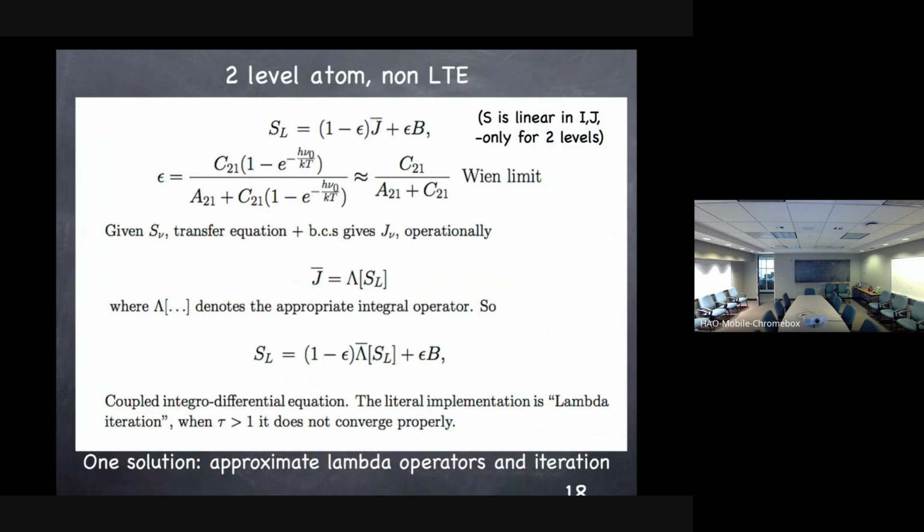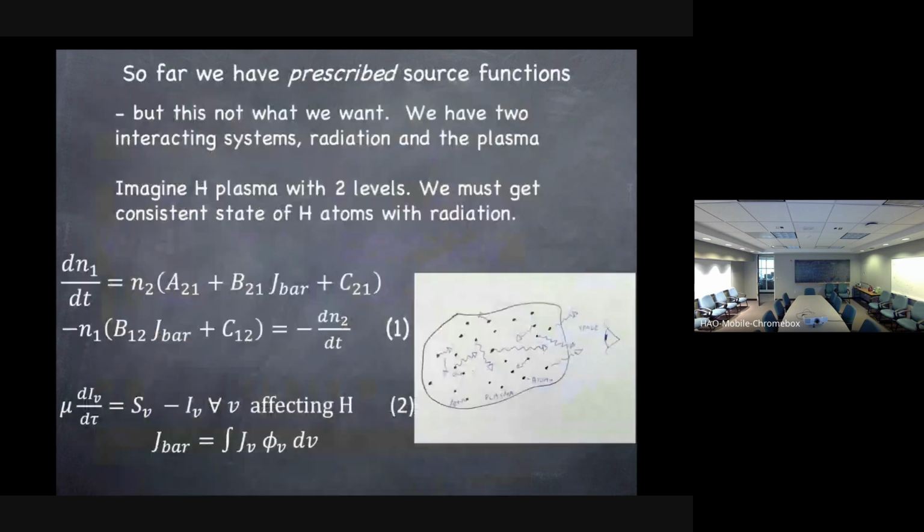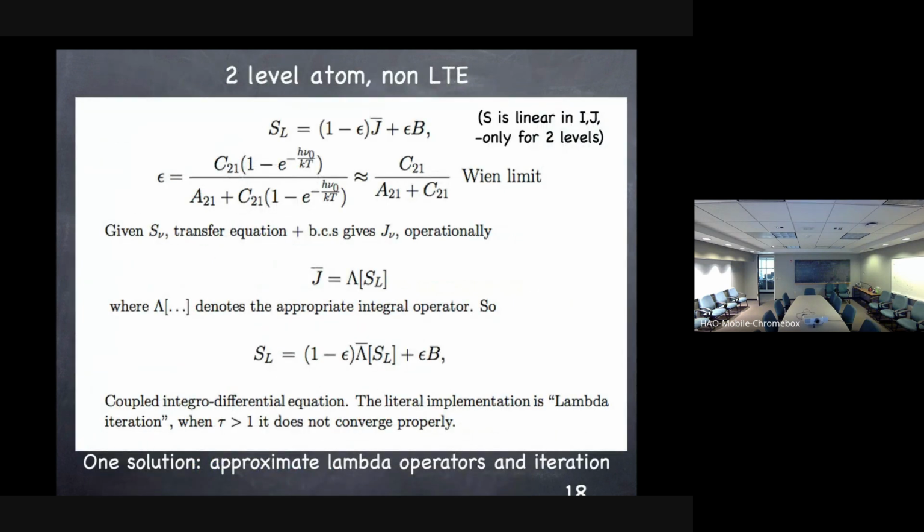Now, if I play with equation number 1 and set that to 0, I can show with simple algebra that this corresponds to the top equation there. The source function is 1 minus a small fraction times the J bar, plus a small term times B. So what this is telling us is that the source function, the number ratio of the two number densities here, is given by a